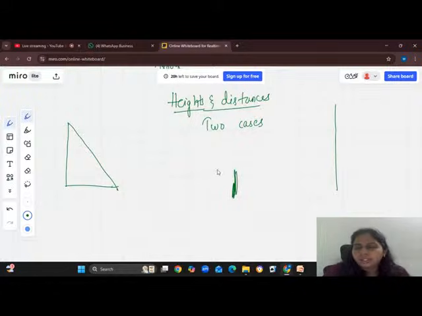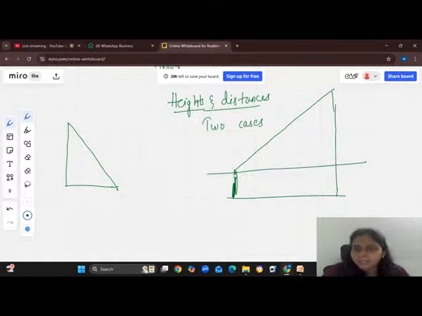This is a boy, and this boy is standing on the ground, and this tower is there also on the ground, and this boy is watching with an angle of elevation 30 degrees. So to get the angle, I'm drawing another line. Yes, 30 degrees. Again, they told the angle made by his foot to the top of the tower is 60 degrees. So anywhere in any question, you can see two cases.